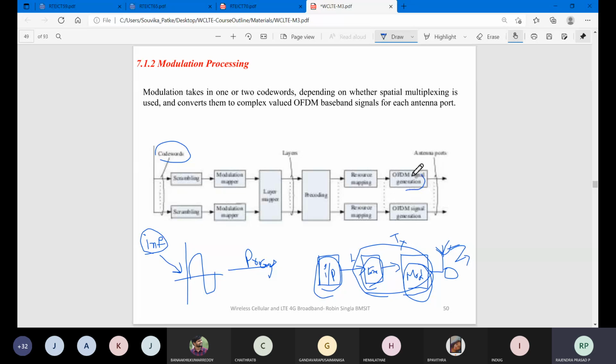Between the code words and the antenna port we have multiple sections: scrambling, modulation mapper, layer mapper, pre-coding, and resource mapping, and finally you get the OFDM signal generation, which is given to an antenna, which will forward your data to the destination. Each of these we need to discuss now.